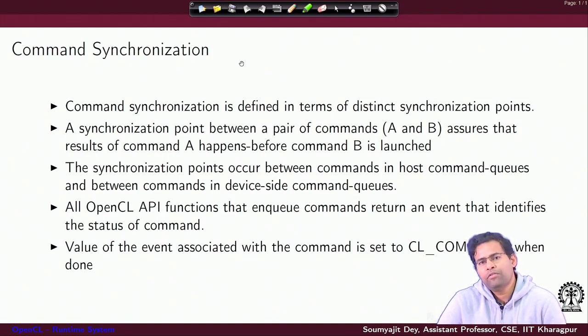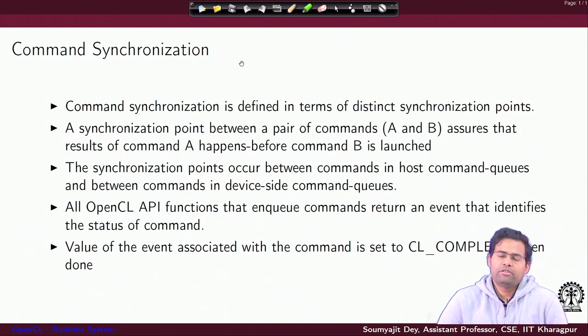You may have enqueued commands in multiple command queues, but the execution of some command in some queue should only start when something else in some other command queue has happened. You may want such dependencies to be satisfied. How do you do that? Well, you have to synchronize between commands.